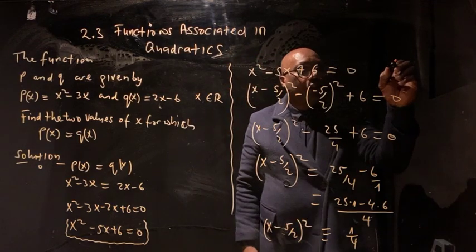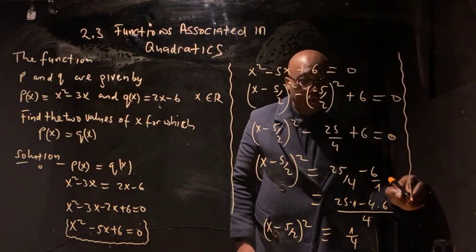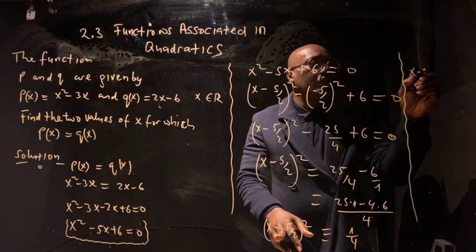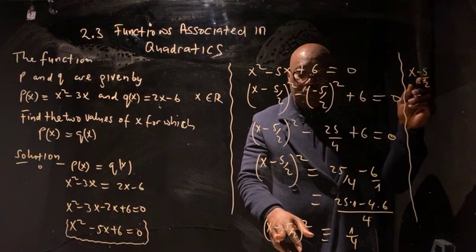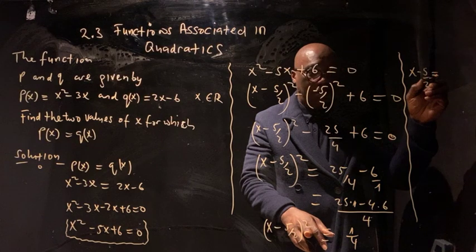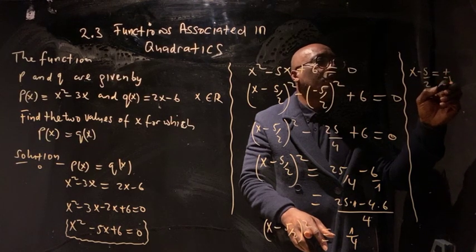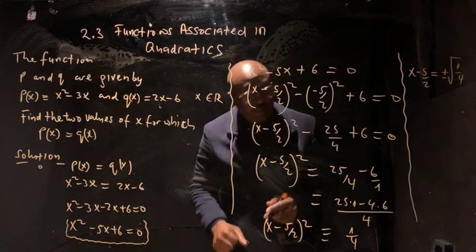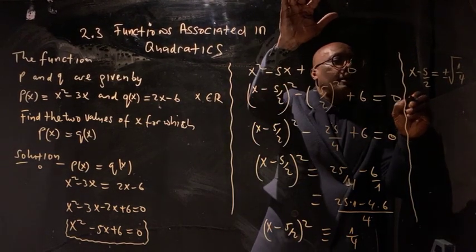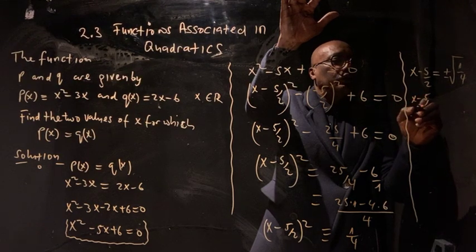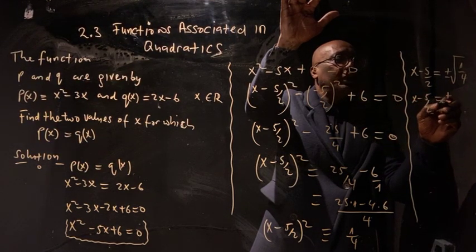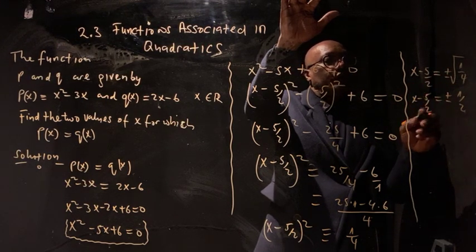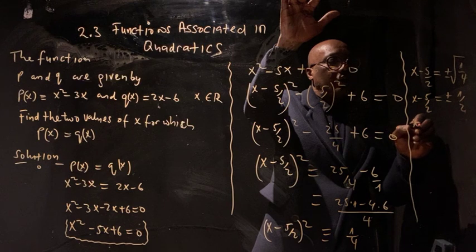Then we will try to take the square root on both sides, so it becomes x minus 5 over 2 equals plus or minus root 1 over 4. Good. So x minus 5 over 2 equals plus or minus 1 over 2. The square root of 1 over 4 is 1 over 2. So it becomes x equal to